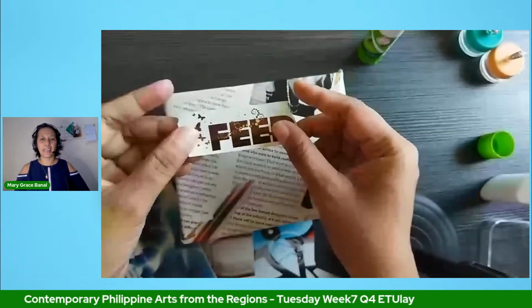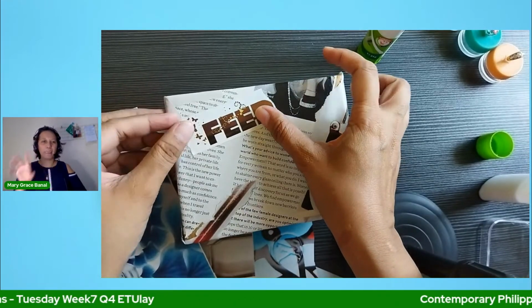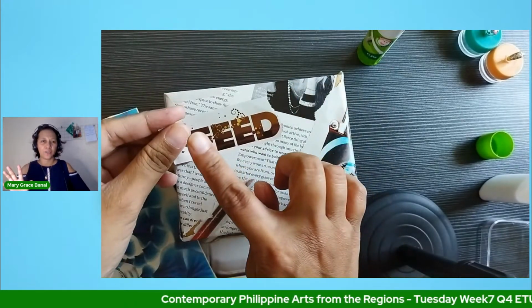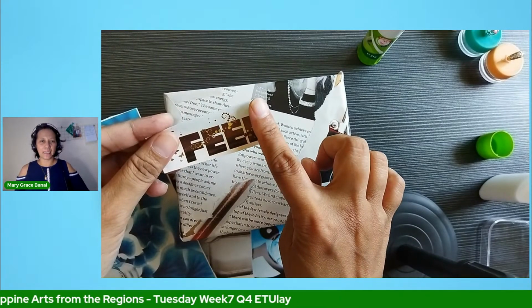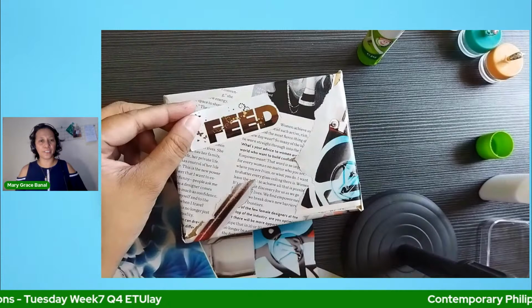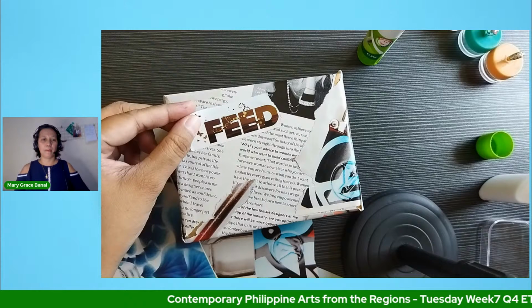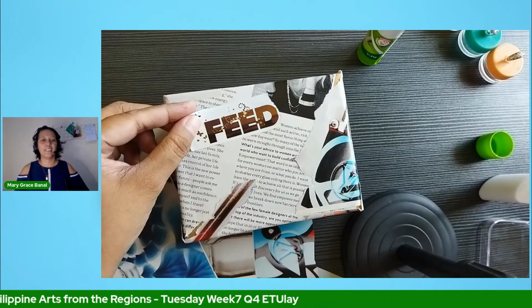So as you can see, ayan, I have the word feed and I'd like to use it. But since yung feed, ang background niya, paligid niya is white, parang nagbe-blend in lang siya dun sa first layer natin ng collage na white. So what I would like to do is to highlight yung paligid niya, using different colored part of a magazine. So, yun yung gagawin natin in our next video. Papakita natin kung paano ko ginawa yon para nagkaroon siya ng sarili niyang border. Okay, it's really quite easy as long as marunong kayong gumamit ng gunting o kung hindi man, as long as kaya unitin ng papel, madali lang yung gawin.